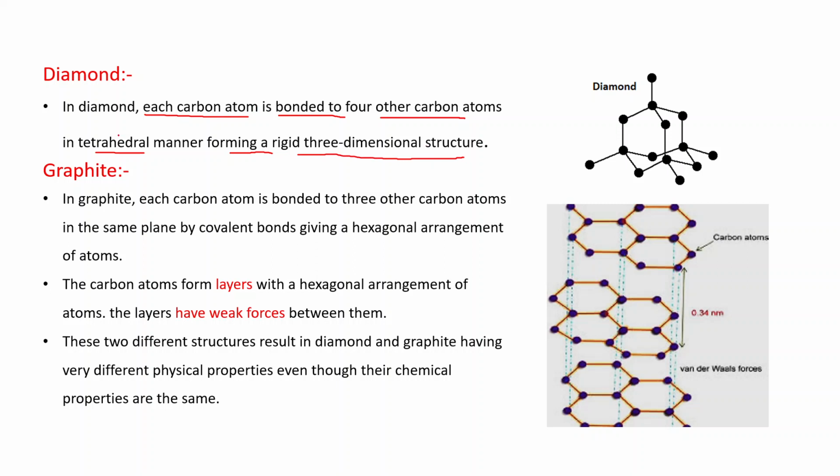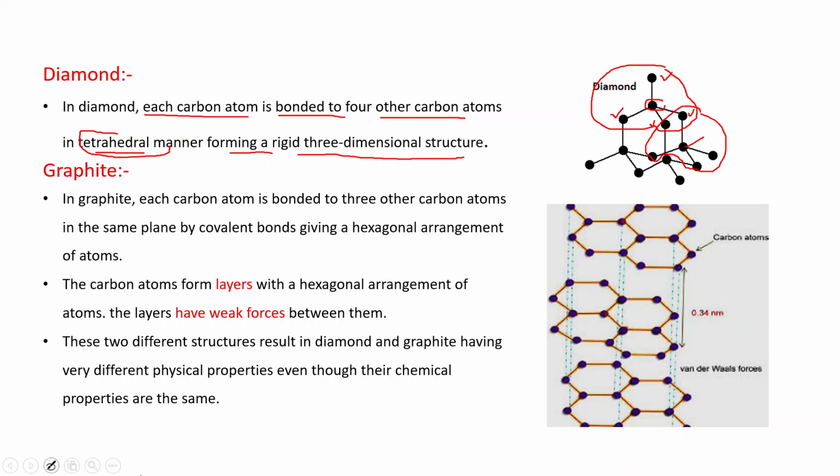What is this tetrahedral manner? You can say this is the arrangement. This is the central carbon atom. If we consider one, then this central carbon atom is attached to these four other carbon atoms. This is 1, 2, 3 and 4, and only this type of arrangement is a tetrahedral structure. You can also see another carbon atom, like if we see this one, this carbon atom is again in this tetrahedral manner. In this way, these carbon atoms link to each other in a tetrahedral manner and form a three-dimensional structure.